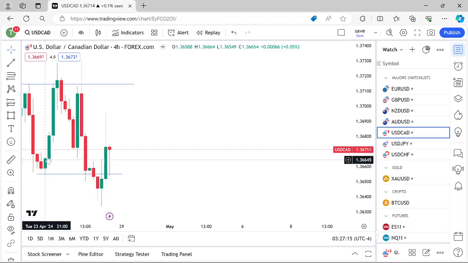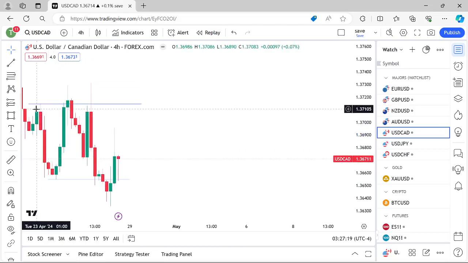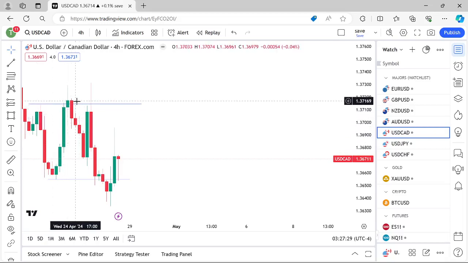Then I combine it with the fact that I have news right here that sends it up to take out this buy side. When I combine both of those, I can come to the conclusion: stop run. Even with it having this fair value gap right here, even with it actually closing above that high right there, I can come to the conclusion of a stop run, because there's that time element. News, and of course, where you have that low put in is that time element. That's very important too.